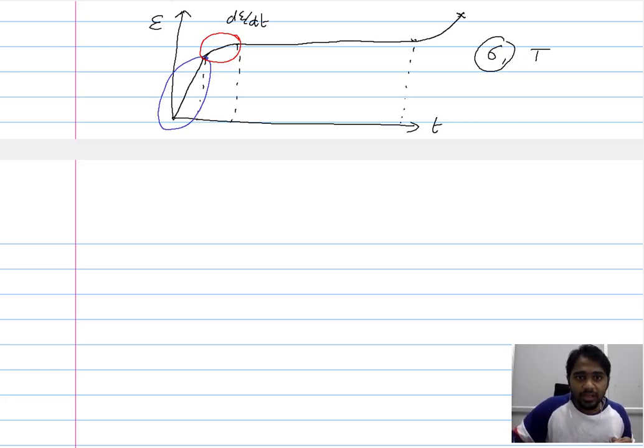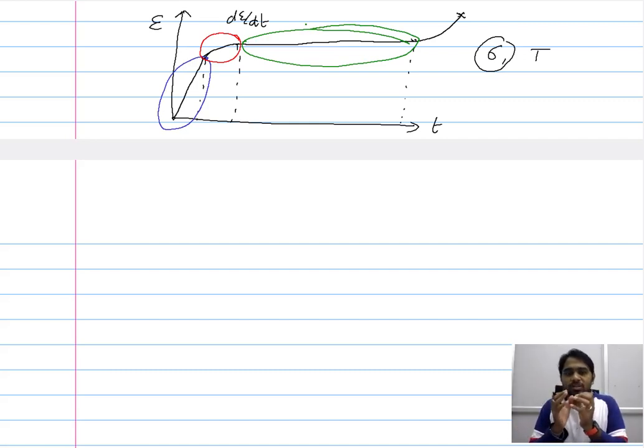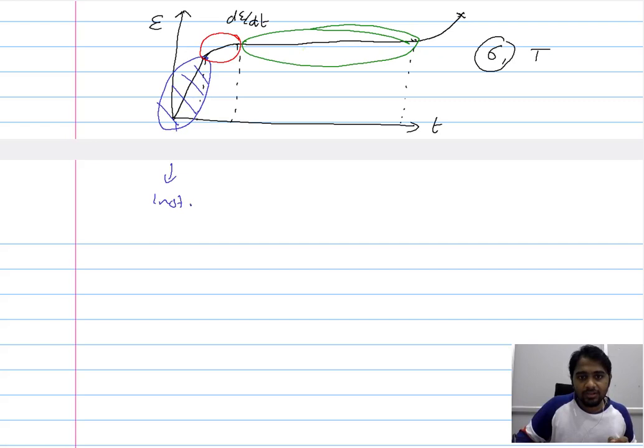And now in this stage here, the strain is largely minimal. There is a certain amount of strain, but it is largely minimal. It is not possible for us to measure the amount of strain. It is very small as the time increases, and this we refer to as the steady state creep. So this here is the instantaneous creep, here we have decelerating creep, and here we have the steady state creep.